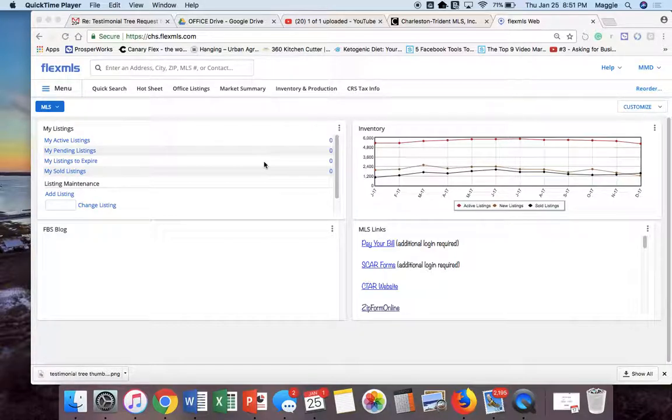The first thing to do is to log into the MLS. Once you're logged in, you want to look for the Inventory and Production tab. If it is not at the top of your menu, click on the menu button over here to the left, where you have three little lines under the Flex MLS symbol. Click that